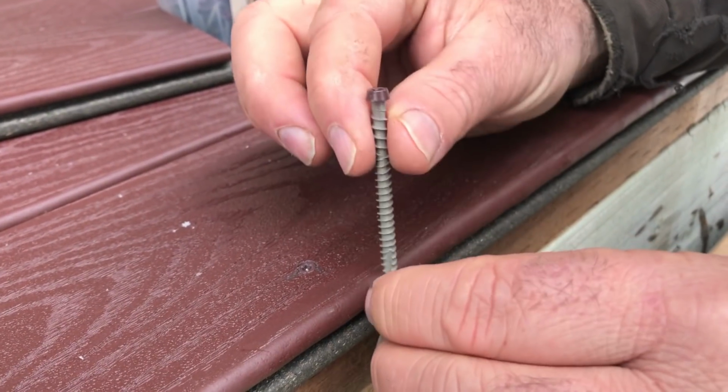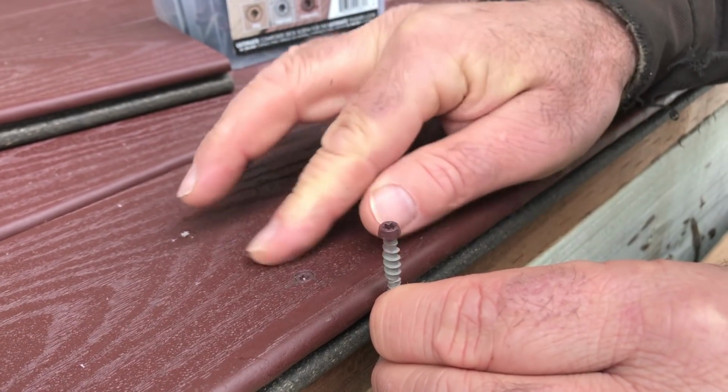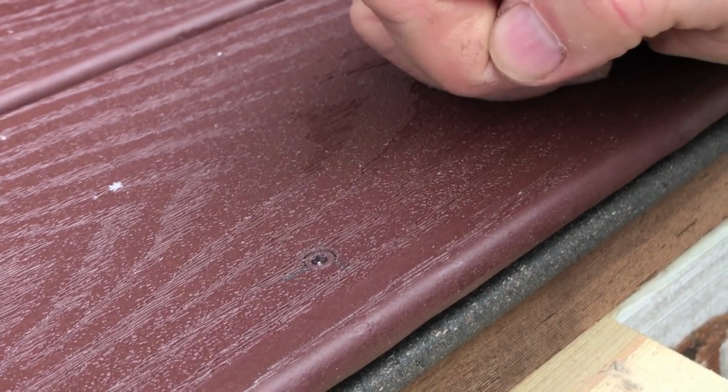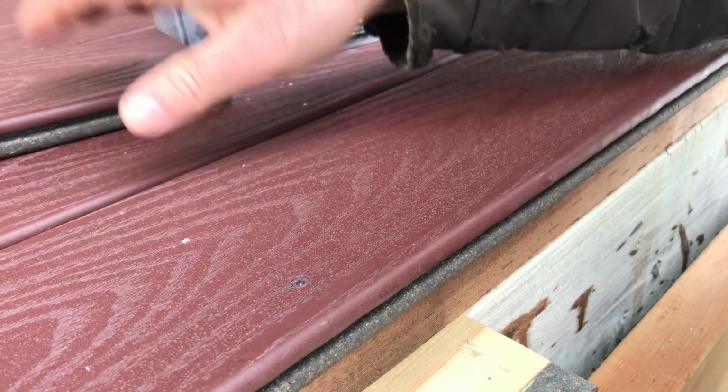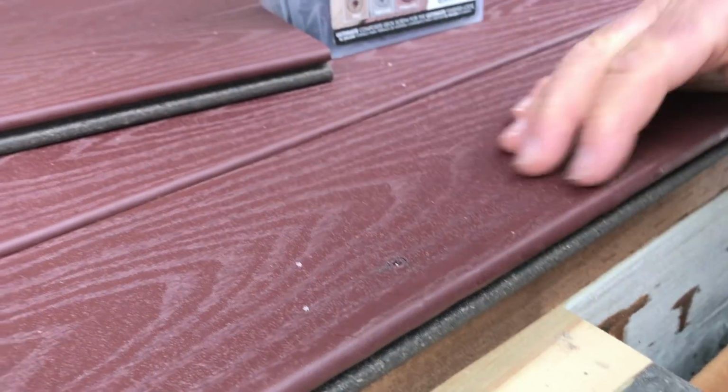But it's pretty amazing to see this go in and to see it kind of suck down and form a nice, I think it's a pretty impressive result there. Let's see it suck down. I've driven all the screws I want to drive right now, so I'm just going to put on a little